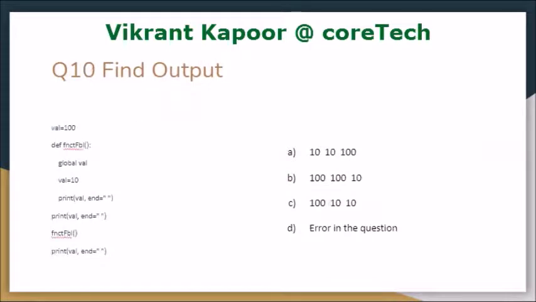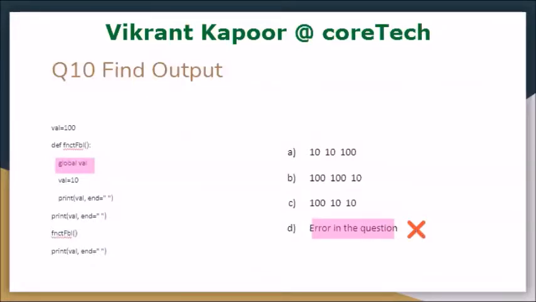Let's see the last question in the same row. This one is very important: the use of the global keyword. The global keyword says that we should not have any change in value before the use of this statement. So the option says that the error in the question goes wrong. So the D option is struck off.